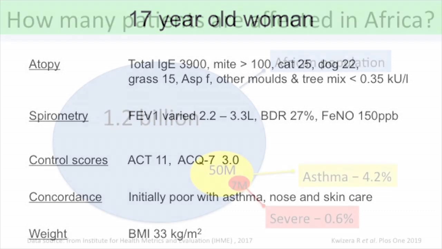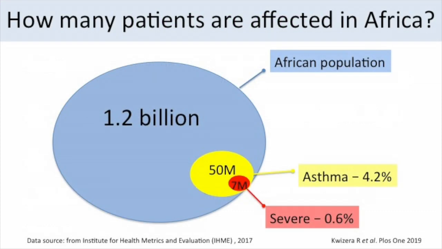Now, what about Africa? Richard's going to present some data later on asthma prevalence, but just a quick headline here: 1.2 billion population, 50 million with asthma, by derivation 7 million with severe asthma. This is almost certainly an underestimate because the proportions in higher and middle income countries are much higher. We've got a much higher proportion of asthma per total population. Anyway, this is great because it's new data. You haven't had this data before, and it gives you a good start in terms of developing public policy.